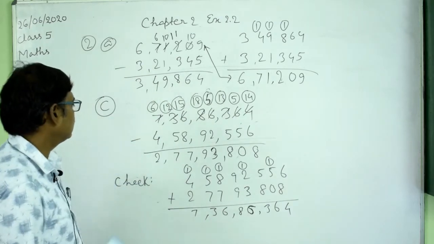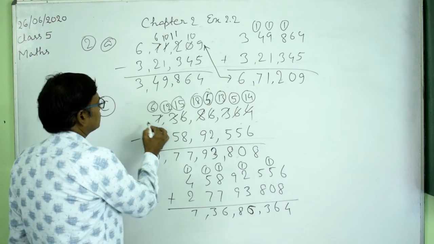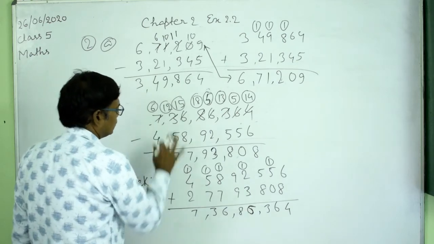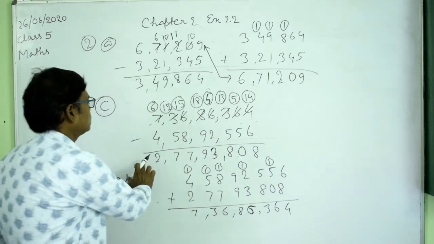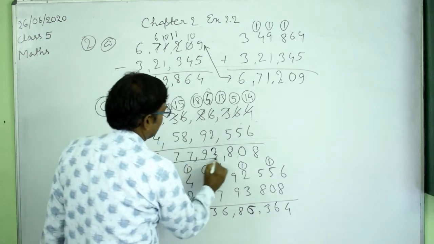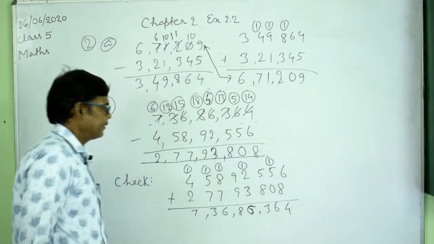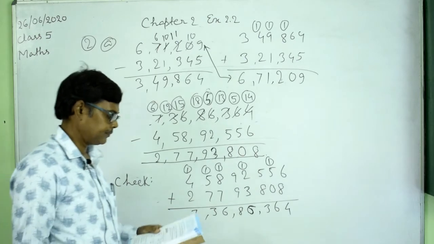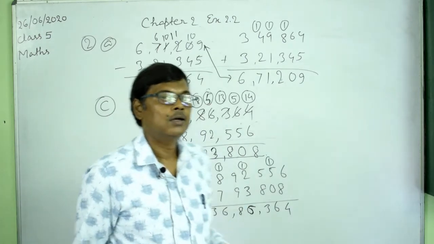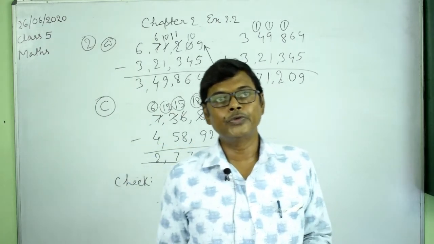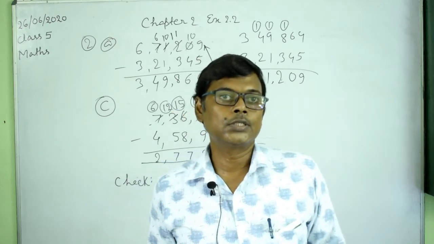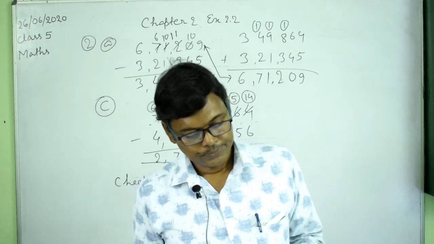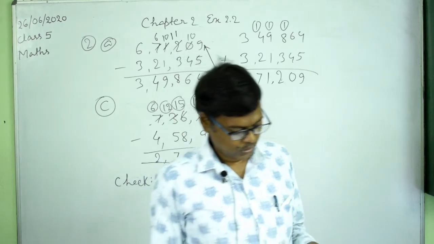Okay, so here this number and this number, both are equal. It means that this answer is the right answer. Okay, so this is how you will check. So here in the PDF I have given you the answer, so you will solve the questions in that format. Okay, so now